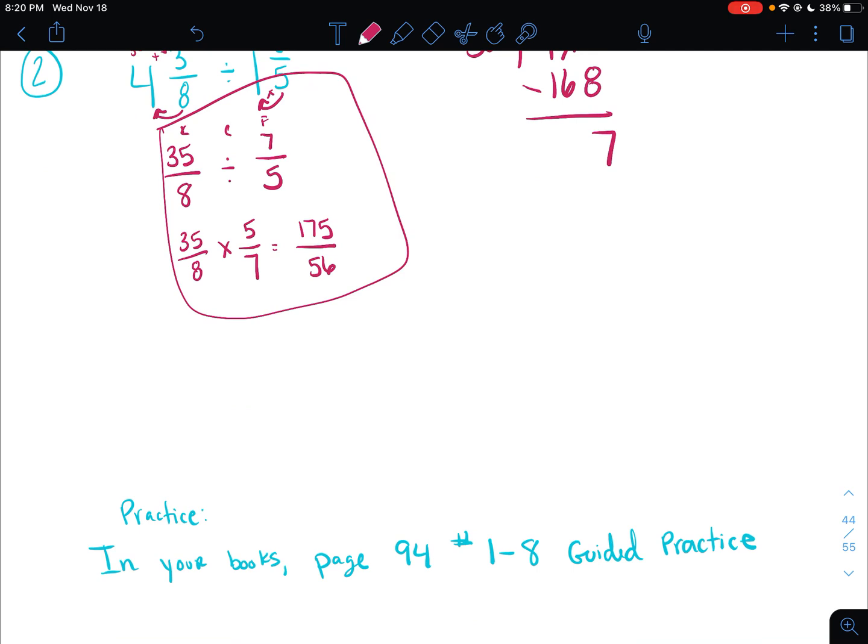Okay. So those are the 2 examples for you. I would like you to practice this in your textbooks. You are on page 94, and you're just doing 1 through 8. Okay? Actually, just kidding. Let's make this a little easier. Let's do 1 through 6. Okay? You're welcome. Just 1 through 6 on page 94, and then